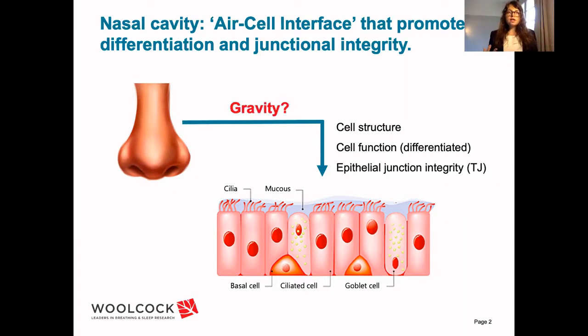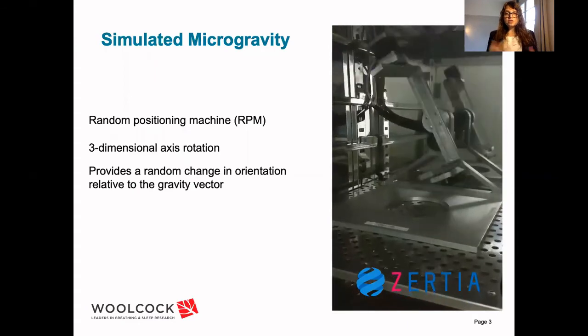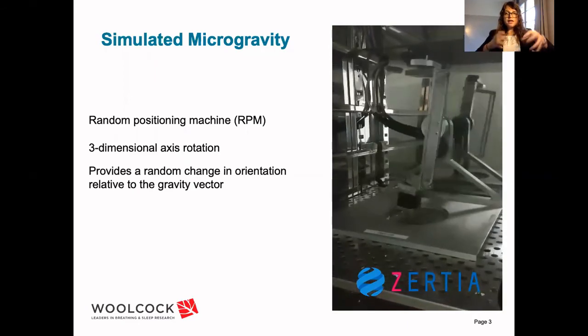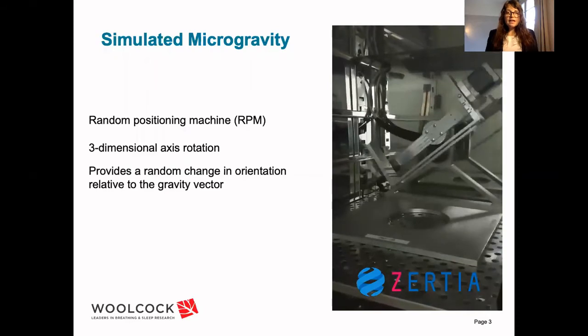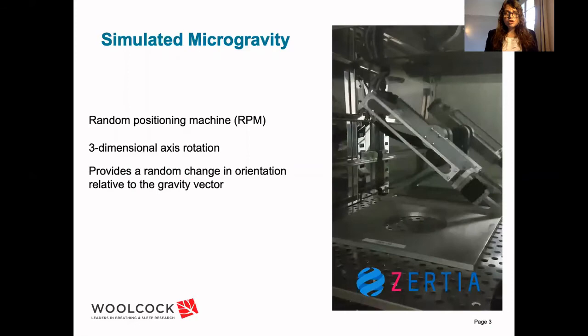So we wanted to look at the way that gravity might influence or regulate these particular functions of the nasal epithelia. The first thing that we did was decide on a way to simulate microgravity, and we teamed up with Xerxia and used their random positioning machine. What you'll see in this movie here is the machine in motion. It rotates around a double axis, giving three-dimensional rotation,